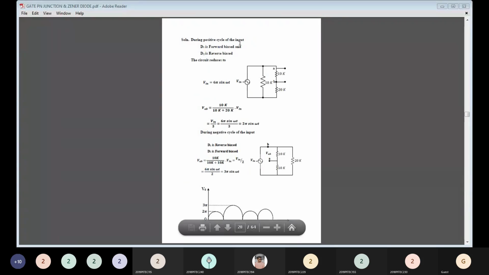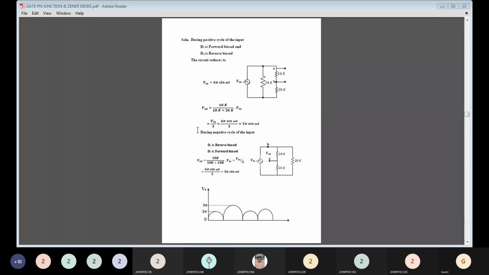During the positive cycle of the input, D1 is forward biased and D2 is reverse biased. So the circuit will be reduced to like this. Now Vn equal to 6π sin ωt. VAB equal to 10k divided by 10k plus 20k into Vn. Now Vn by 3 equal to 6π sin ωt divided by 3, which is equal to 2π